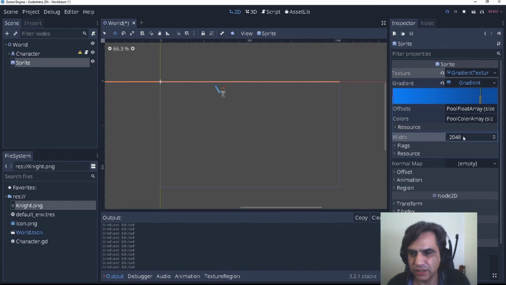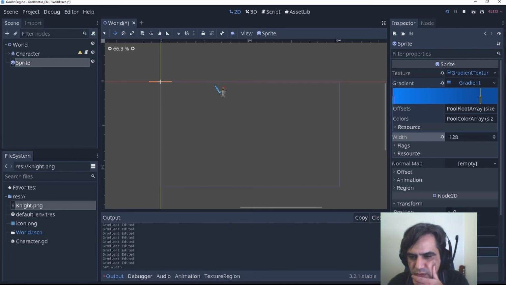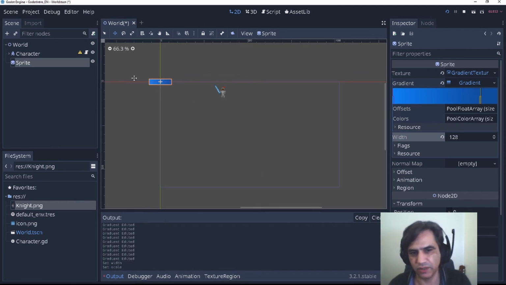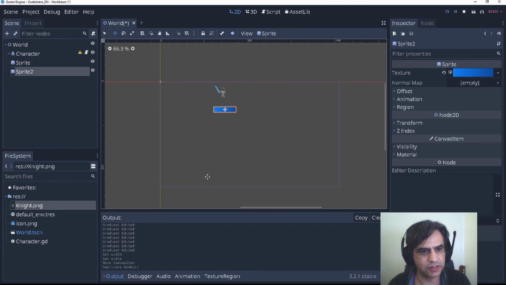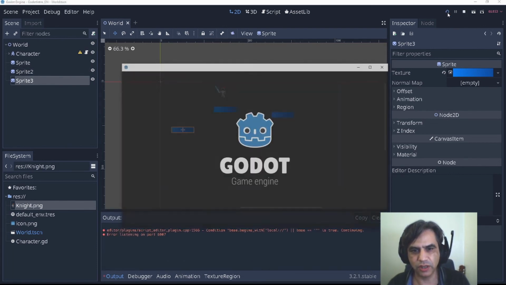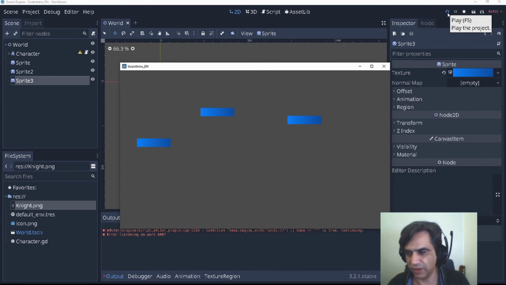So I'm going to select this. I'm going to say that the width is only 128, something like that. And the height, I think I need to do that on the transform, and let's do 32 maybe, something like that. There is a better way to do this, but it's more advanced. So we are going to put several of these here. If you press Ctrl D, you duplicate the object. So imagine that I want to do this. You see that we don't have anything. We are not going to collide, and we are going to fall forever.